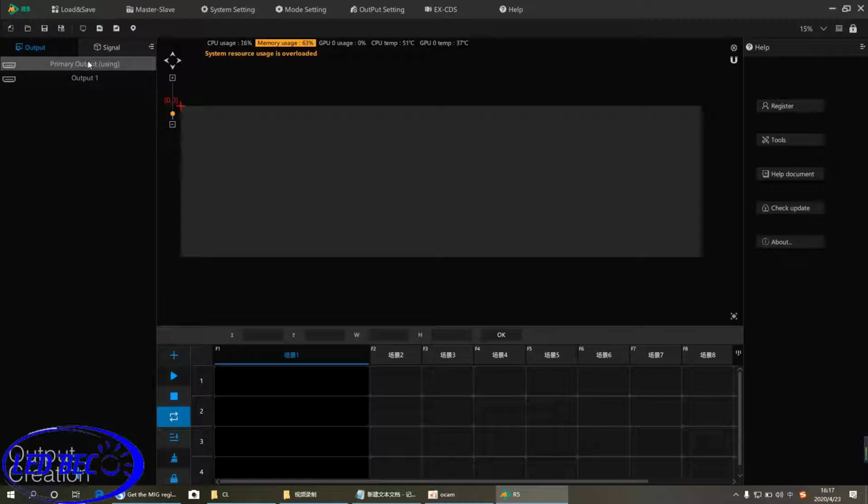The primary output is your PC interface, and output 1 is the extended output. Primary output is your desktop, so don't use primary output; you need to use output 1 because it's the extended output. Drag output 1 to the stage,